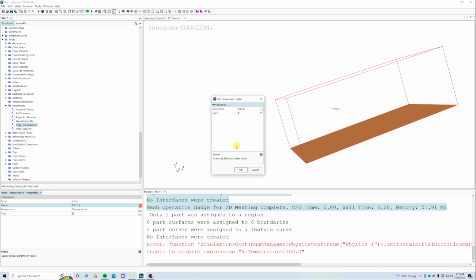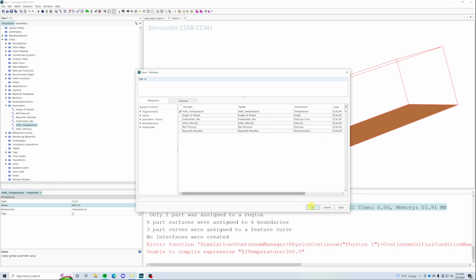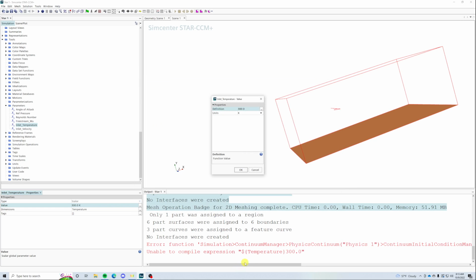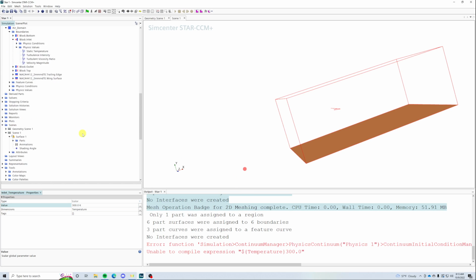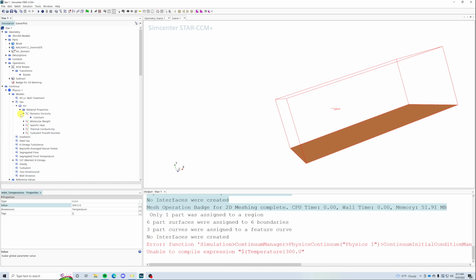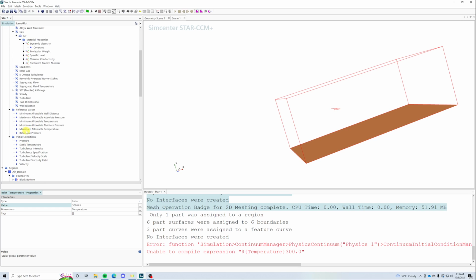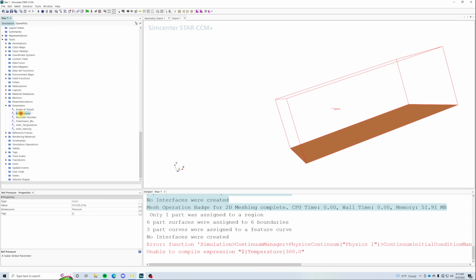Oh, did I mess up here somewhere? Oh, I did mess up back up here when I was setting the initial condition. Doesn't like that I left it there. There we go. That's better. So